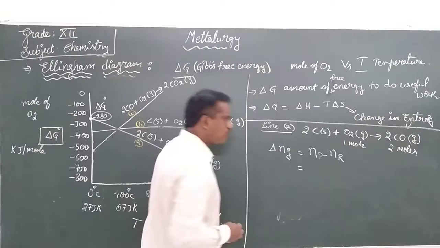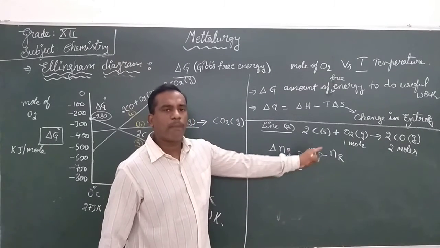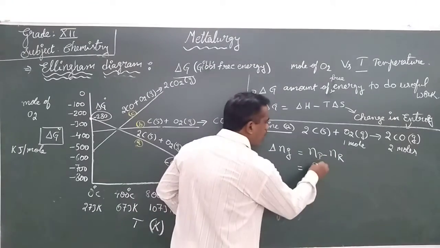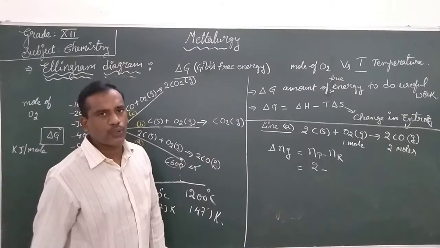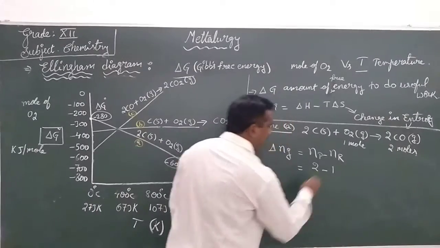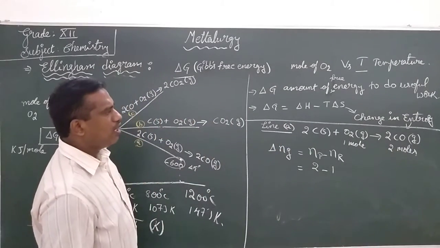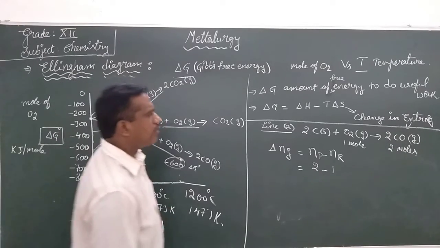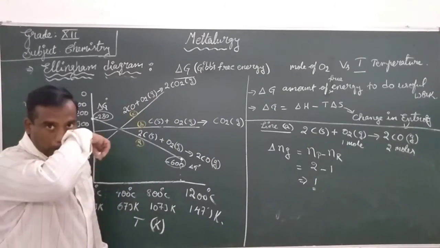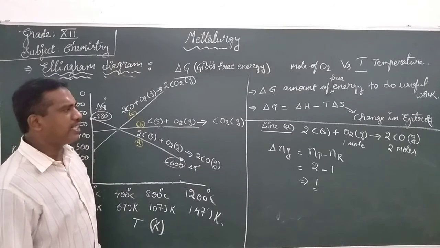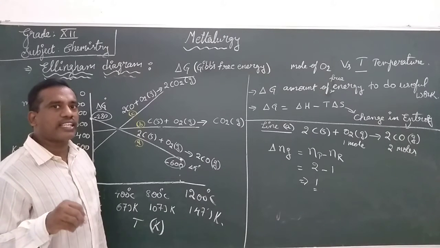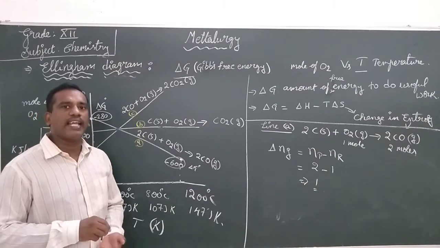In this one, how many moles of gaseous products are there? 2 moles we have. So, number of moles of gaseous products is 2 minus number of moles of gaseous reactants, 1 mole we have. The difference is 1. What is the difference we got? 1. We want to conclude the main point that when the number of moles of gaseous products is more than the reactants,